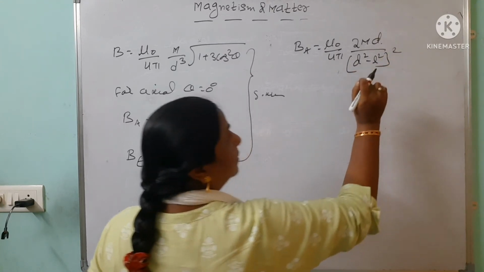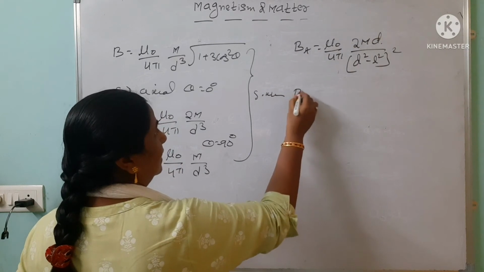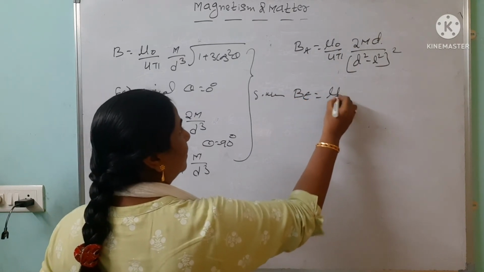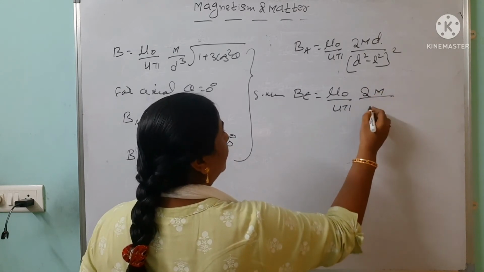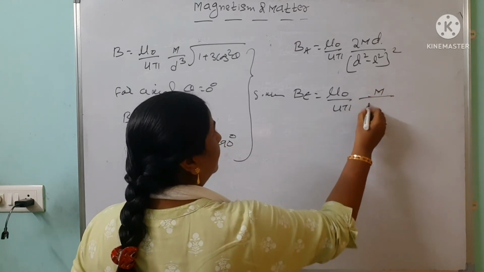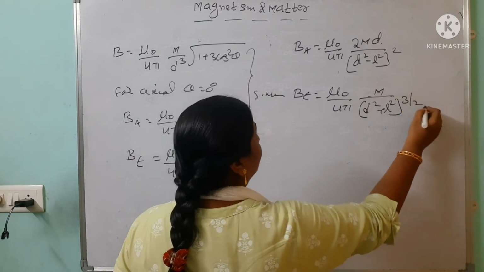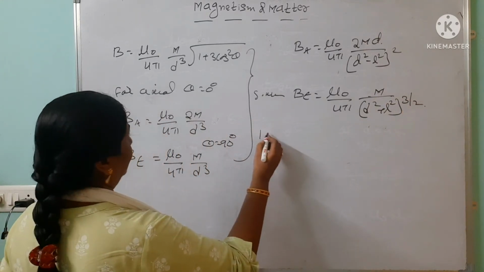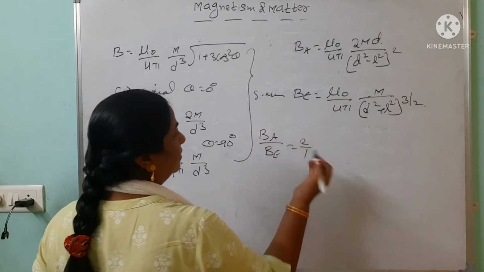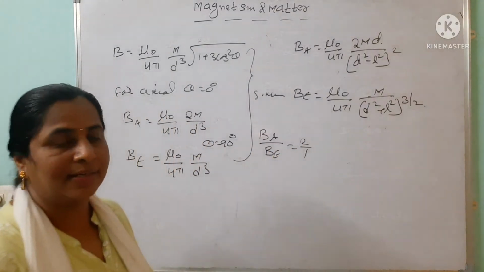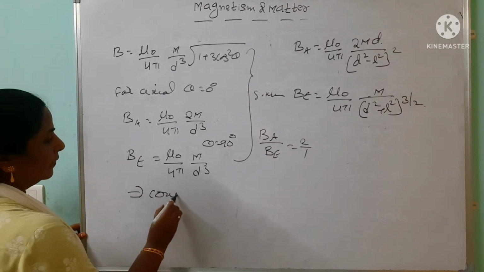L is the length of the magnet, d is the distance of the center to that particular point on the axial line. Then BE equals mu naught by 4 pi, 2m by (d square plus L square) whole to the power of 3 by 2. When we take the ratio of axial to equatorial line, we get 2:1. So then we are going to discuss the couple acting